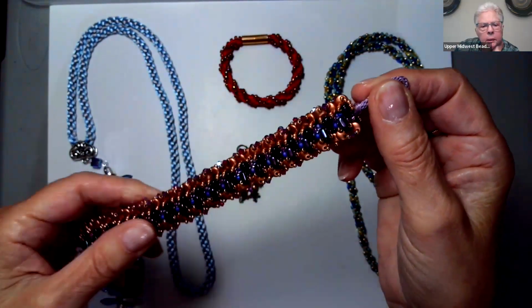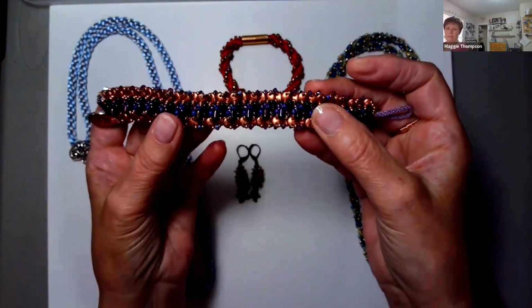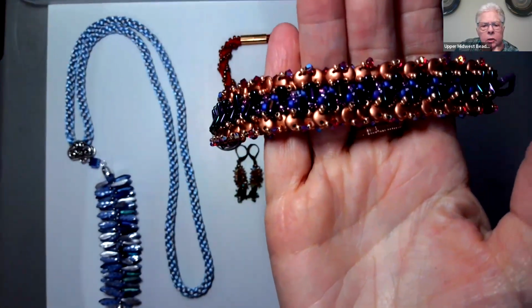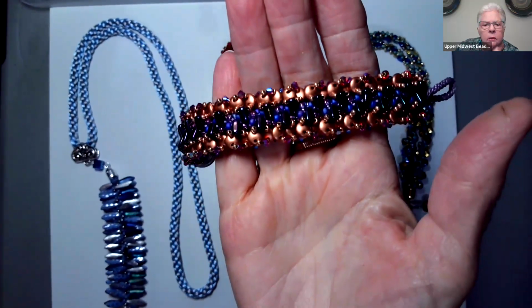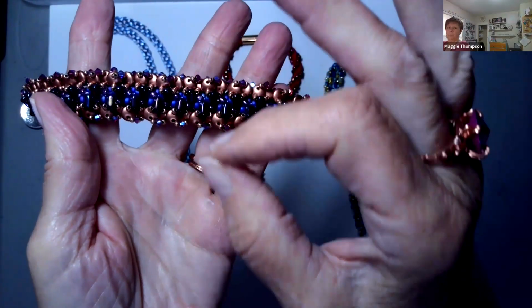So Maggie, what are the beads in the center again? The center is size 8 beads and 2-hole bricks. Oh, and the bricks are how you attach the edging then? Yeah, and the bricks are braided right into the braid. Okay, so the brick sticks out and that's what you catch. Yeah, and then you flip,